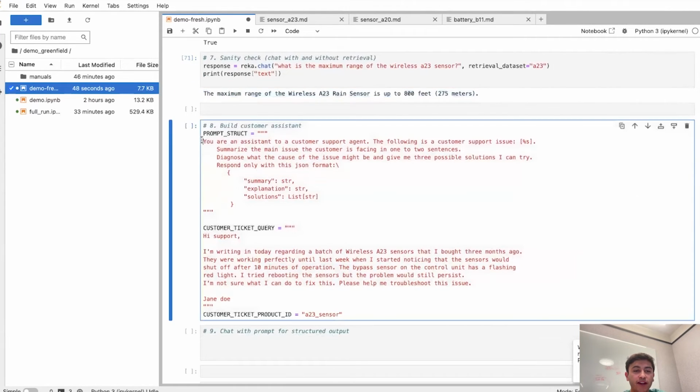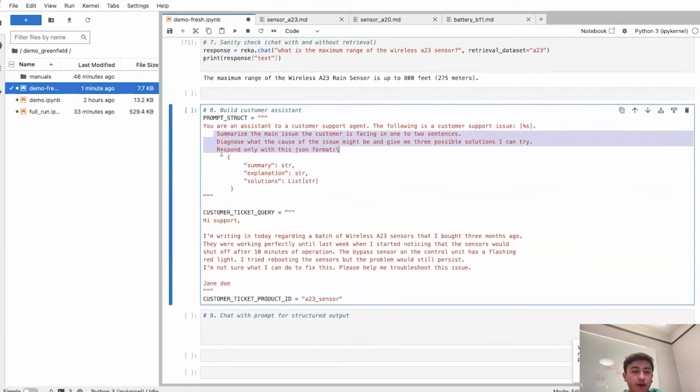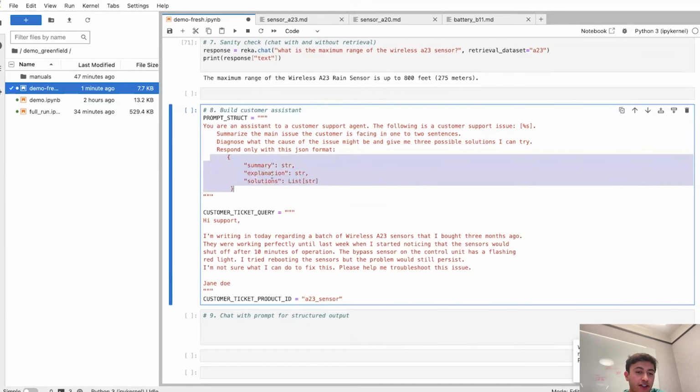So here we've made a pre-made prompt, just telling Yasa that it's a customer support agent. It's got the following customer issue. We just use a string placeholder here, which we'll format in later, and then telling it to summarize the main issue that the customer is facing in 1 to 2 sentences. And then finally, we're telling it to respond only in a JSON format, essentially just a dictionary with a summary